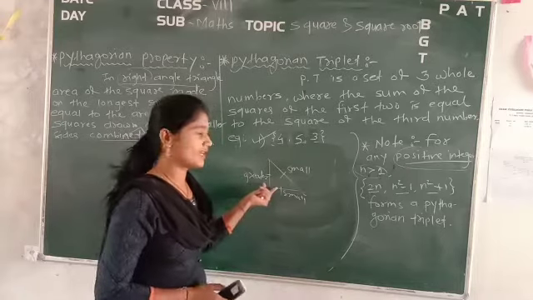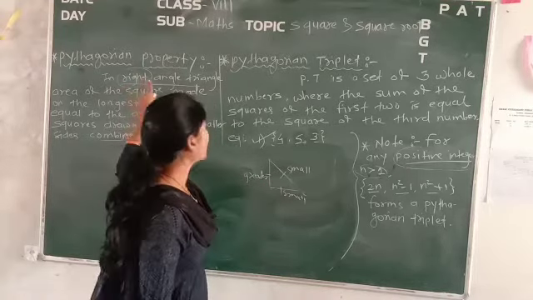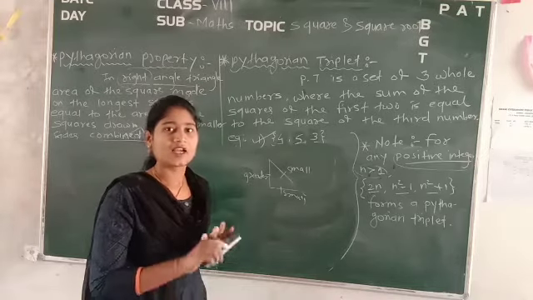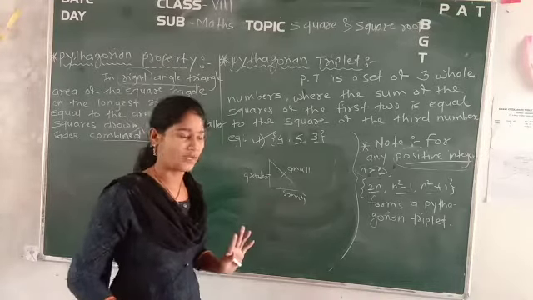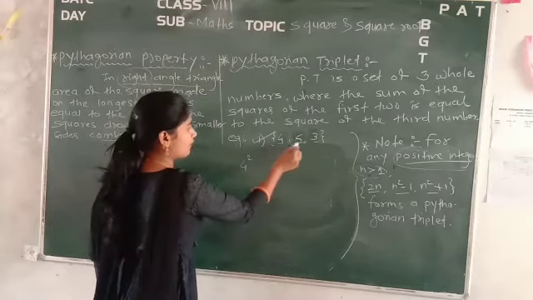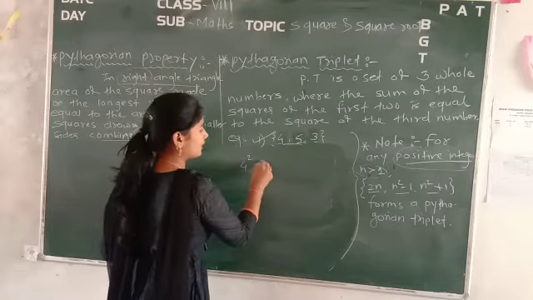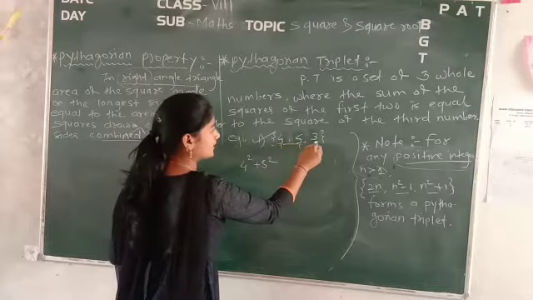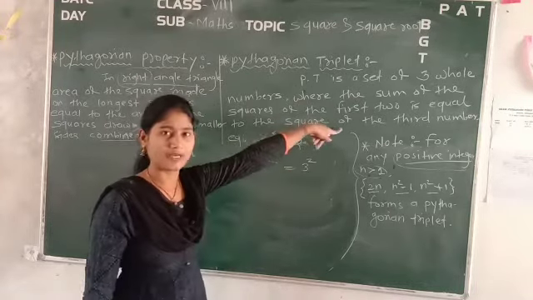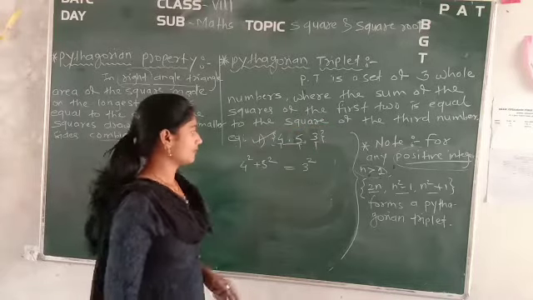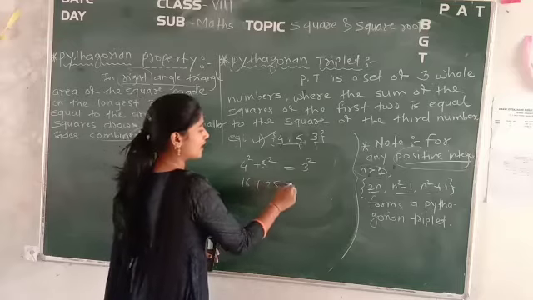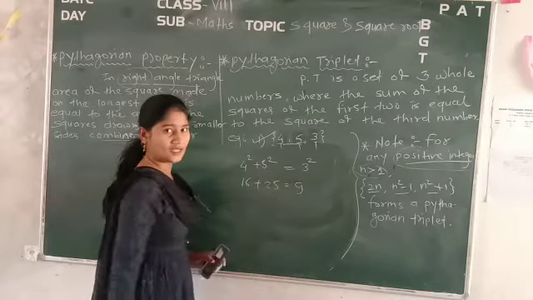Okay. But what is my condition? I should get the right angle triangle only. If I am not getting a right angle triangle, it will not hold for the Pythagorean triplet. Okay. So see whether it will follow or not. Take the squares of the first two numbers, that is 4 square plus 5 square. The sum of the squares of the first two numbers should be equal to the square of the third number according to my property. Correct? Now find out the squares. 4 4s are 16, 5 5s are 25, and the square of 3 is nothing but 9.